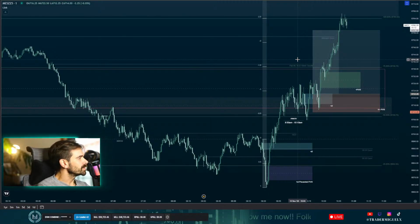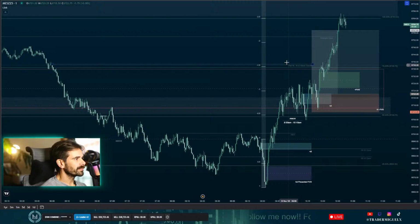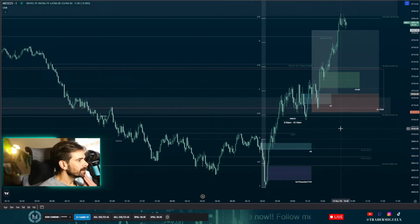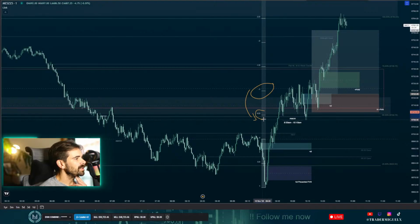Oh well, there's so many things that as traders we have to mark and have in mind that sometimes there's one or two that we forget about. And today I forgot about the projection here. But as you can see, manipulation leg, manipulation to Judas swing. Price stopped around -1, retraced back to 0.5. 0.5 didn't allow it to go lower. It moved back to